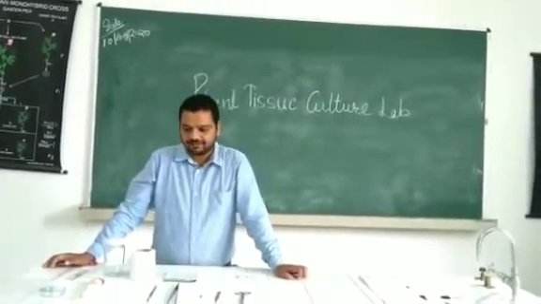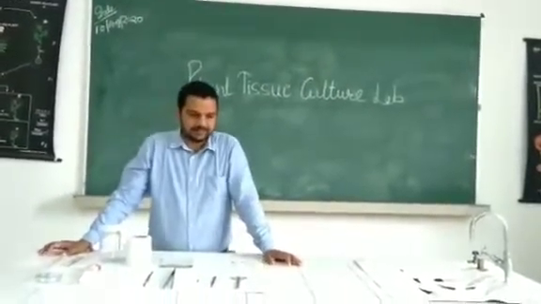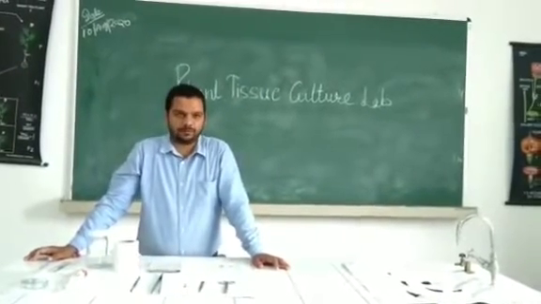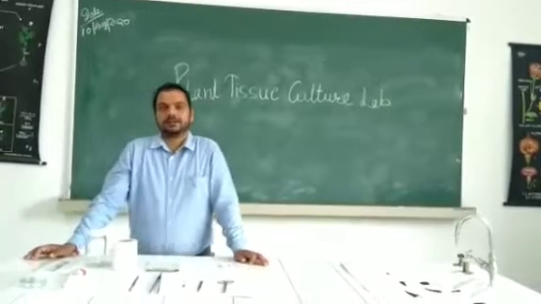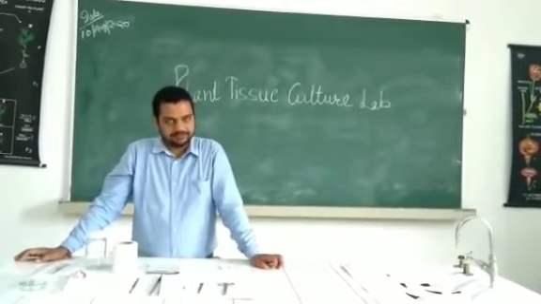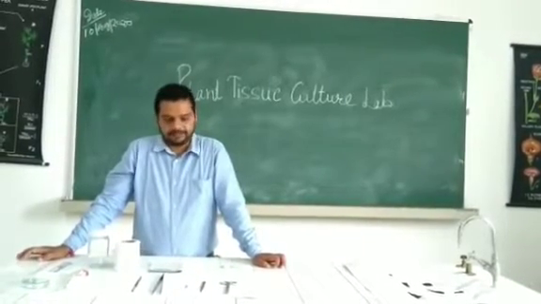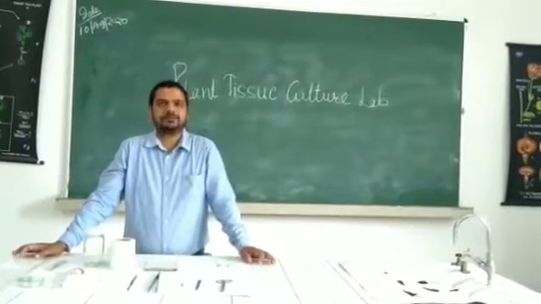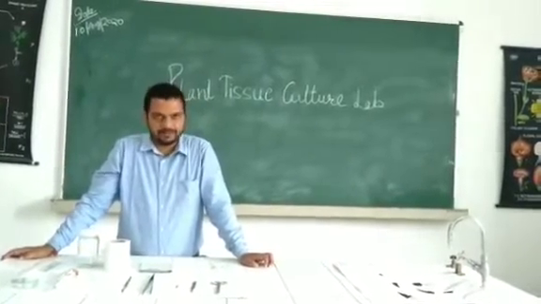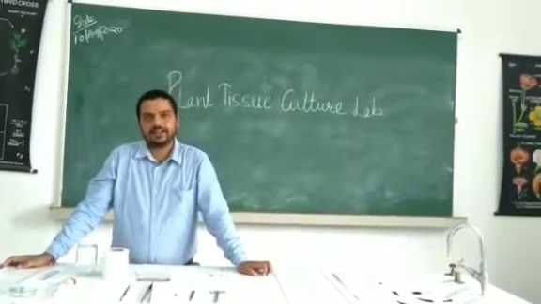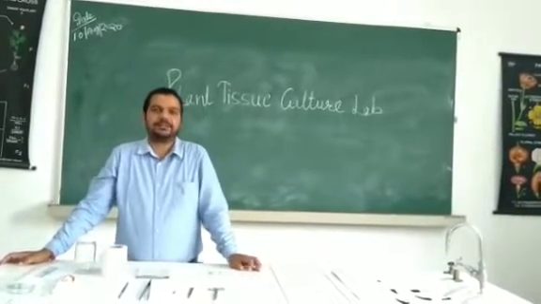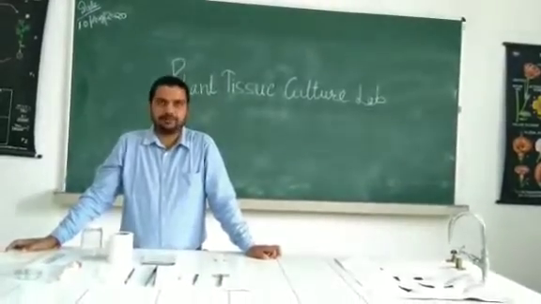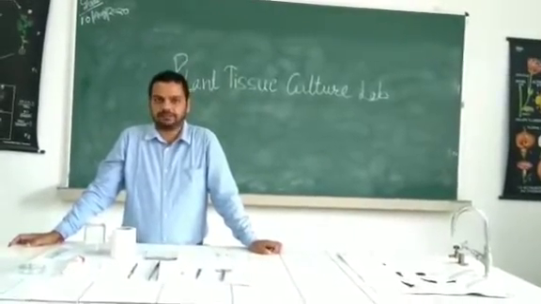today I will explain about lab setup and materials required for plant tissue culture. First of all, what is plant tissue culture? In simple terms, plant tissue culture can be defined as in vitro propagation of the plants under suitable environmental conditions using suitable culture media. For this, we use the totipotent properties of the meristematic cells of the plants. That is, every cell of the plant has the capability to generate a complete plant. This is called totipotency. This property is used in the plant tissue culture method.